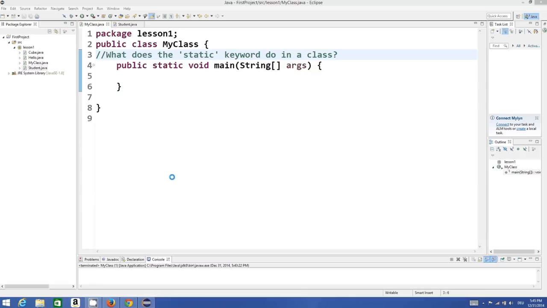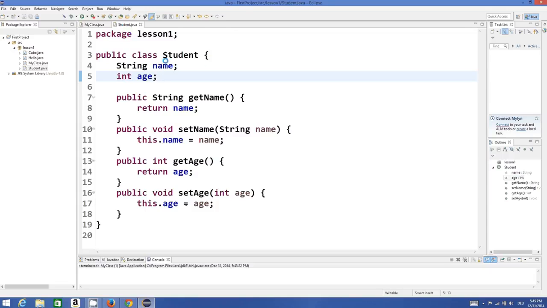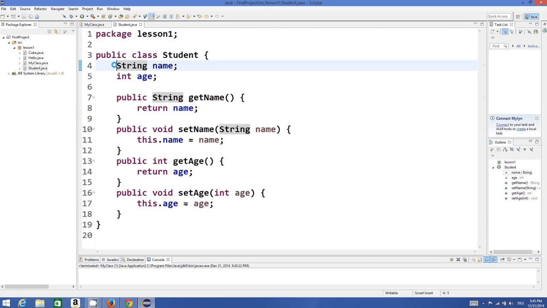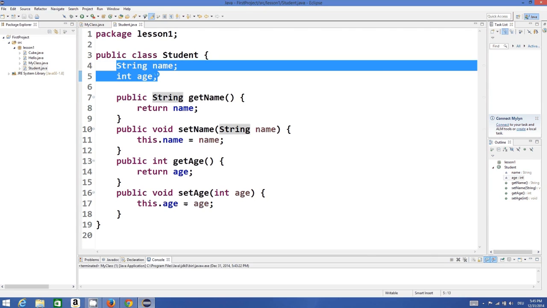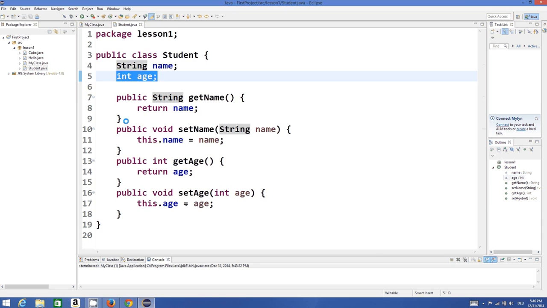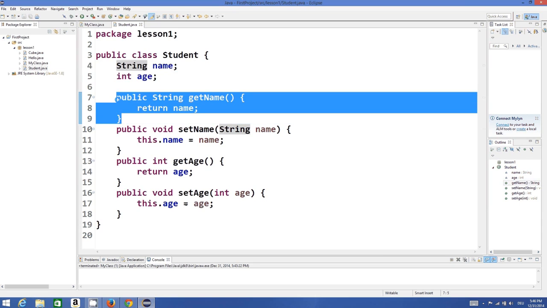In the last video we have seen what the static keyword does in a Java class. Now in this video I'm going to give one more example so the meaning of static will be more clear to you. For example, I have a class called Student, and in this class I have two member variables. One is the name of the student, which is a string, and one is the age of the student, which is an integer. And I have made the getter and setter functions of this